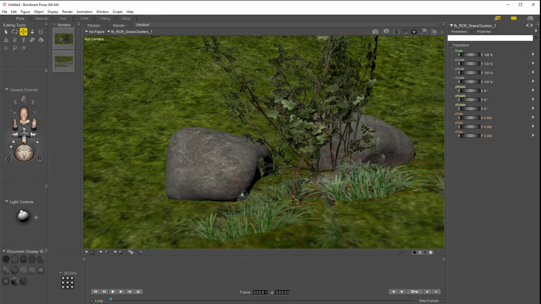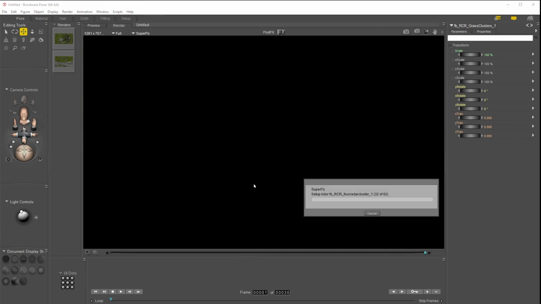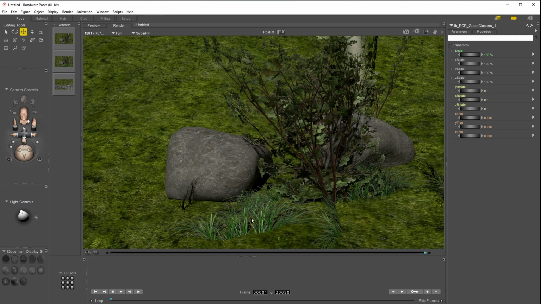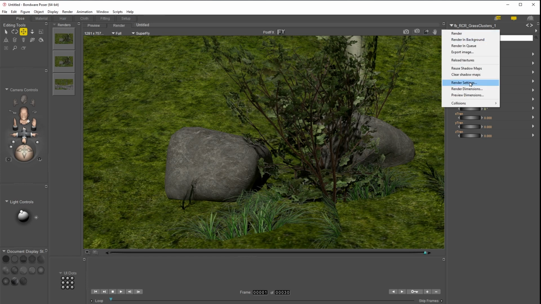I don't know if I've done this clump or not. I guess not. Let's have a quick render. Okay, yeah, that's worked. Or it could just be the angle I'm looking at this, so I'm not seeing the reflection. But you'll see there in Superfly that cuts that fairly well. Now, I think that possibly the transmap could have been a little bit tighter to the grass, but if you render that in Firefly,